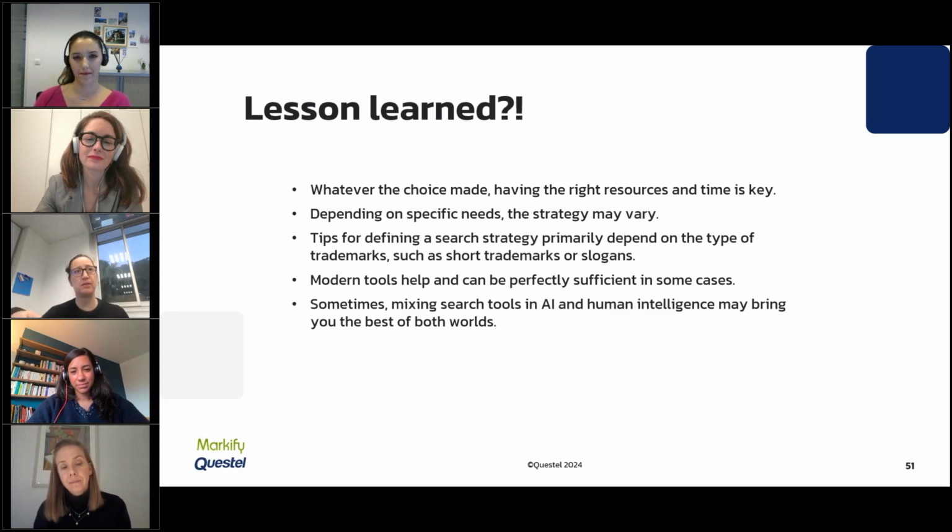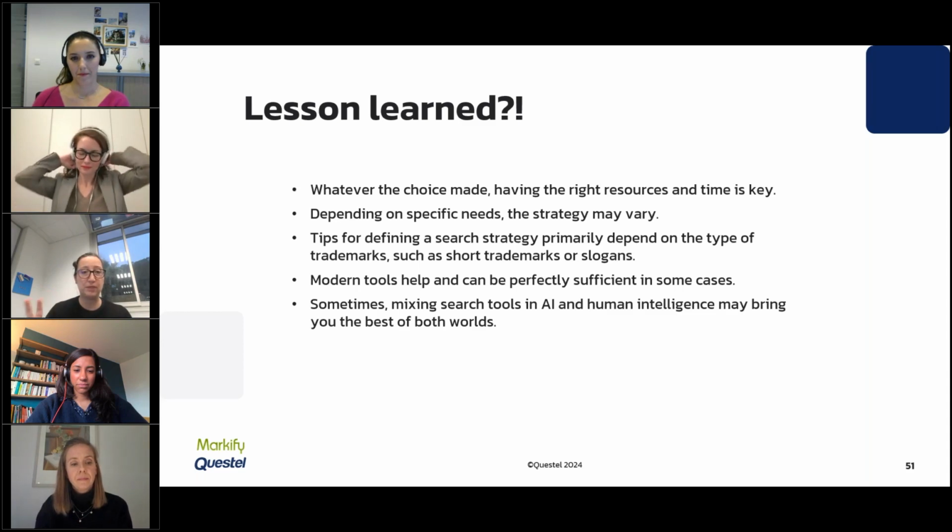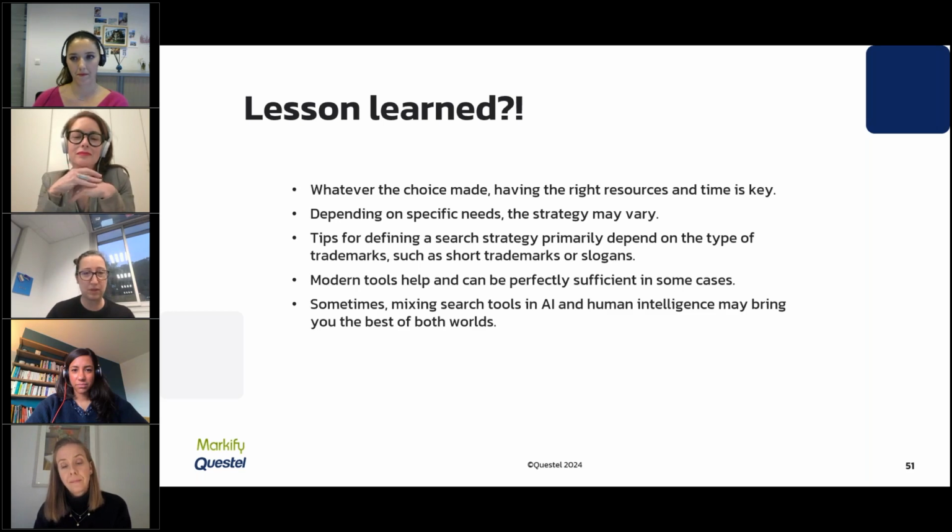But when we say resources, it can be the tool, it can be internal resources. So the professional can be in-house, perfect. It's when it's not in-house that you may need some external help. And then, we have good tips, of course. The algorithm will help you. We really do believe that the best solution is always a mix. So once again, internal or not, depending on what you have already at hand, but a mix of human intelligence and artificial intelligence is always the best. So I think that's it on our end.